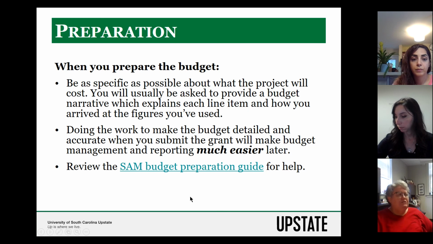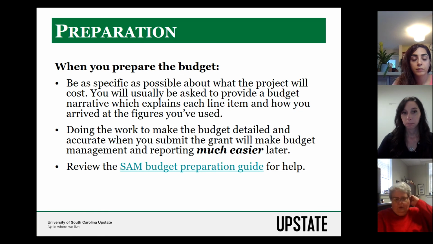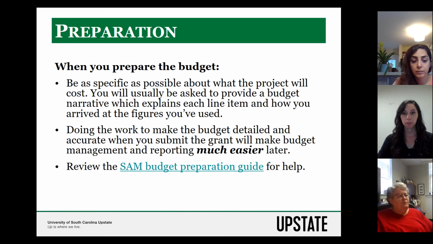All right, so preparing the budget to make it easier to manage. You want to be as specific as you can when you are writing the budget. You know, we know things change. A lot of times when you are writing a grant, using the best information that you have available to you is still maybe 6 or 8 months before you are actually working on the project. And obviously the cost of things can change. So you want to be as detailed as you can, but grantors understand that sometimes things have to be reworked, money needs to be moved around,